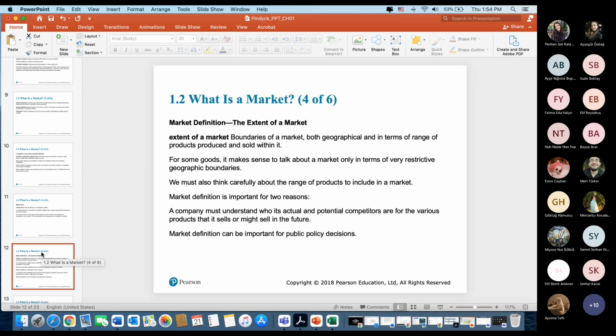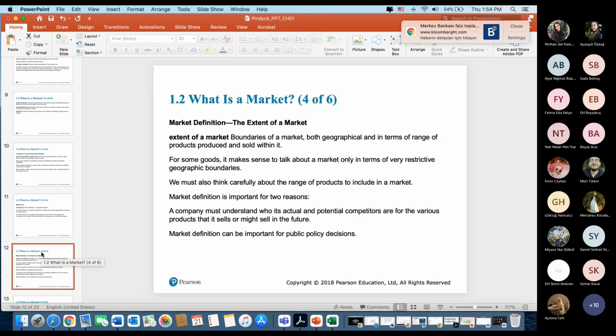Market definition. The extent of a market is the boundaries of a market, both geographically and in terms of the range of products produced and sold within it. For some goods, it makes sense to talk about the market only in terms of very restrictive geographic boundaries. We must also think carefully about the range of the product to include